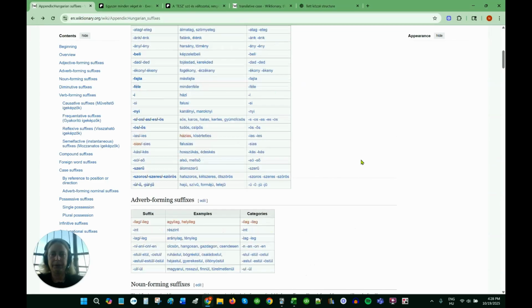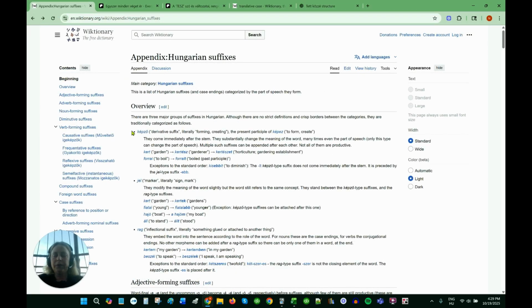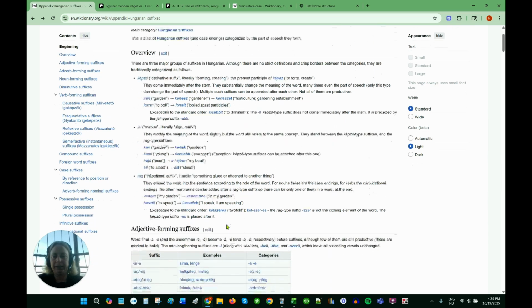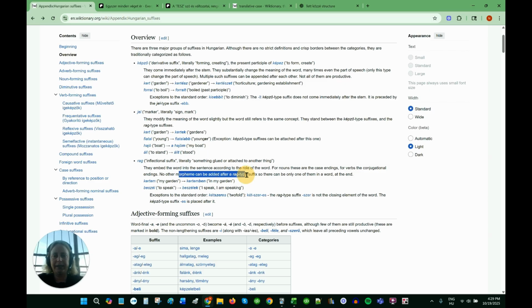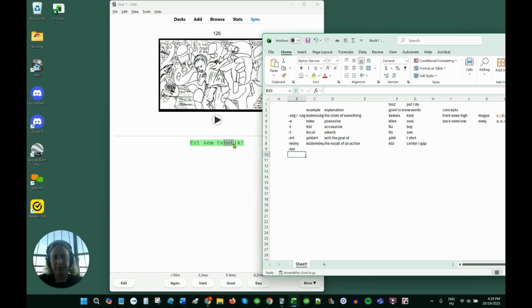Okay, here's our suffix page. So they say there's an order to the suffixes. Some suffixes literally are at the end, like the rag suffix, where it says nothing else can be added after a rag type suffix, right? But these other suffixes can have things after them. So you can have a bunch of suffixes all stacked together. So I'm going to call it a suffix, even though you're going to see there's something after it.